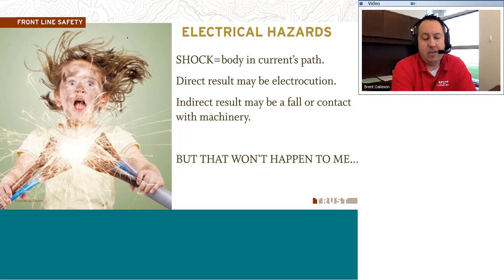When we think about shock, when the electricity passes through your body in a certain current, there's a lot of things that make that up. But you don't want to be part of that circuit. You don't want to be the one that completes that and has that current flow through your body. There's a couple things that can happen. You can have health effects from that current passing right through your body, or it could be an indirect thing